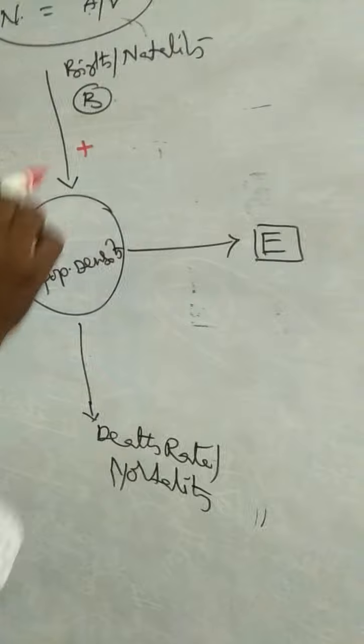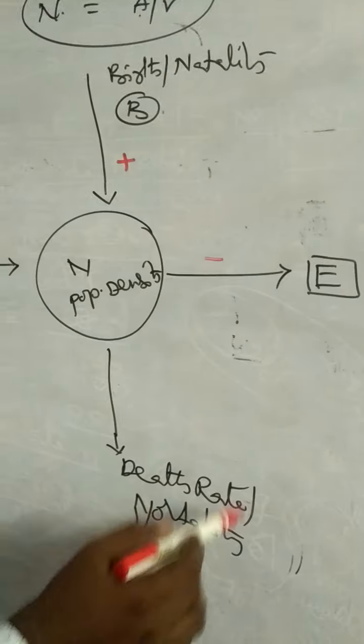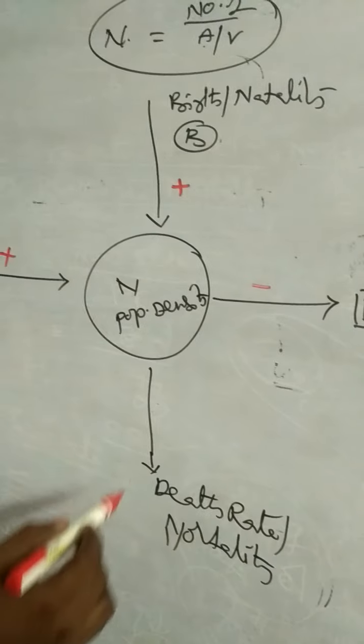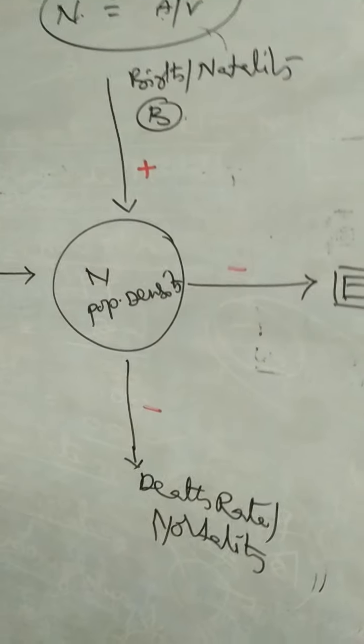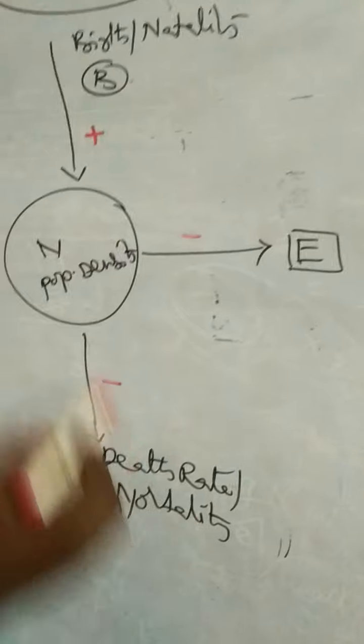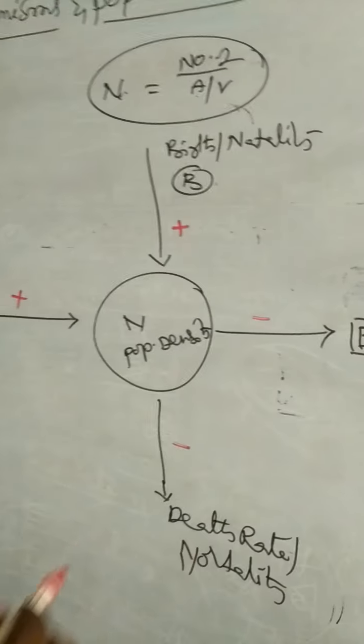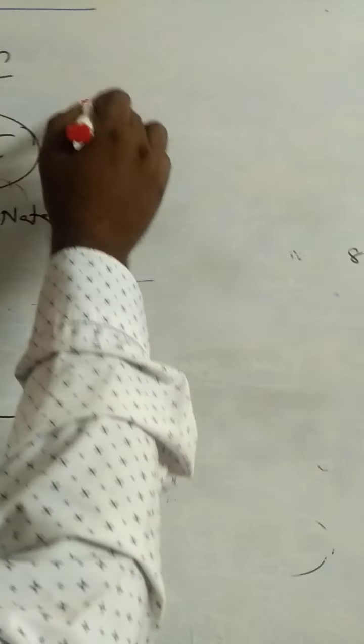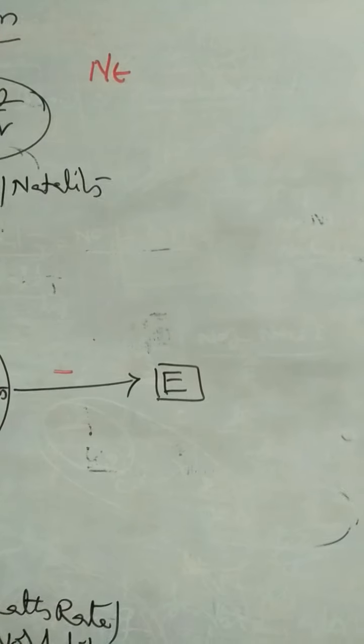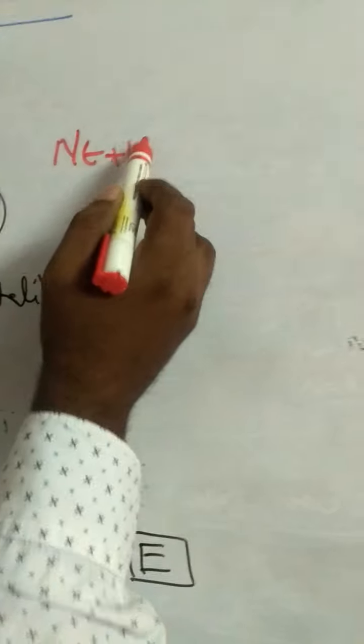Then what about emigration? If emigration increases, the size of the population or population density decreases. So that is negative. If the death rate increases, population density also decreases. So the size of the population or population density at time t plus 1 is equal to